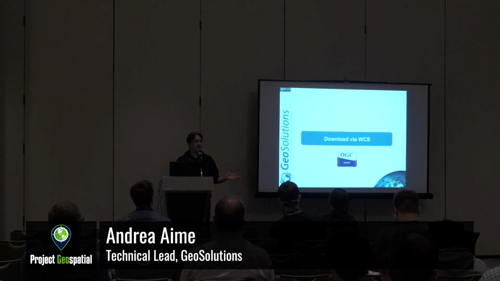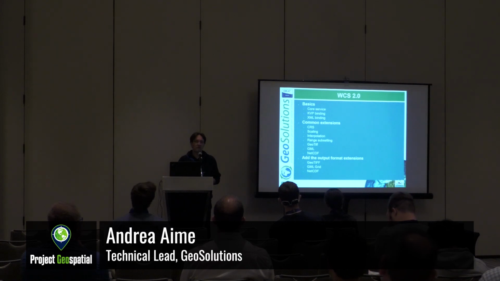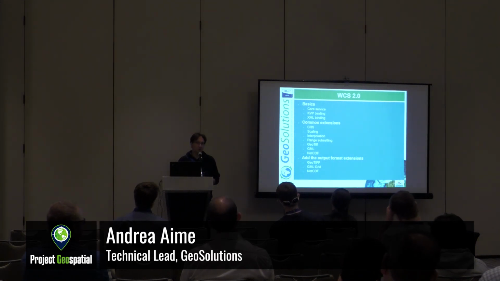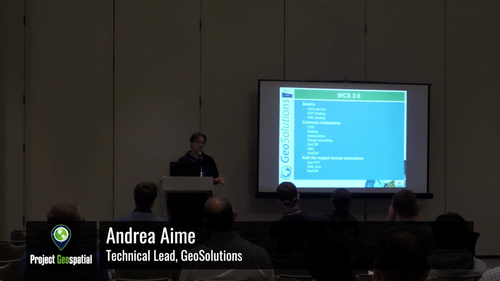Okay, you have seen the data, you like it, you might want to download it. How do you do it? First option is to use WCS, Web Coverage Service. Web Coverage Service is an OGC service to download raw raster data. So it enumerates all the rasters that you have, all the image mosaics, can describe them, and then you can